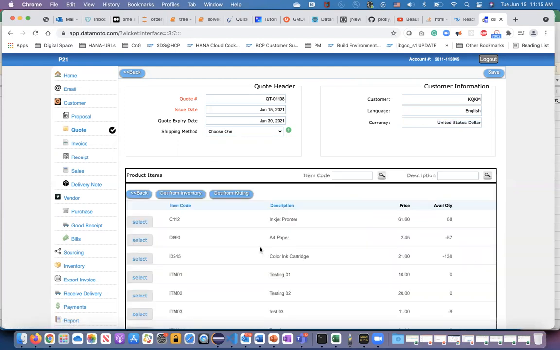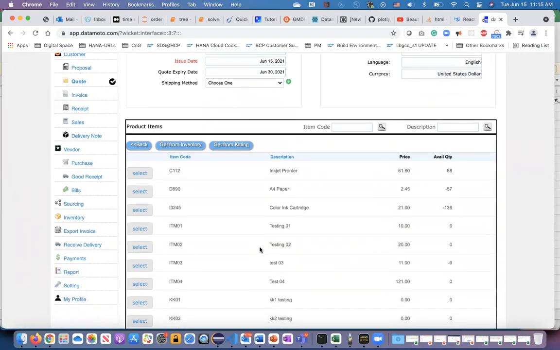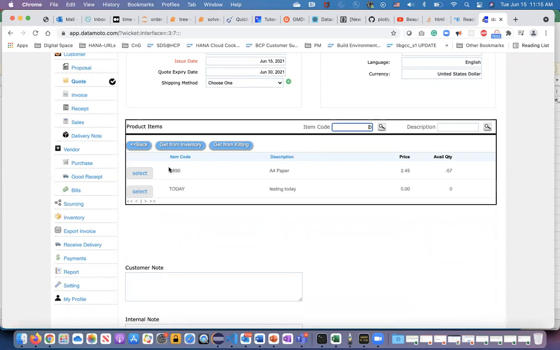I select the item, and I get all my items here. If I know some item code, for example, I know my item starts with D, and if I click D, it comes up over here. So this is coming from inventory, and if you have a